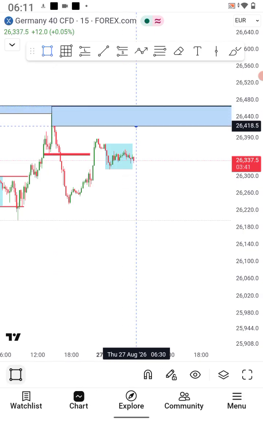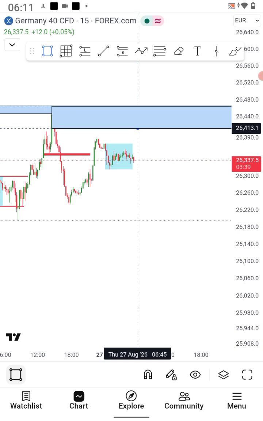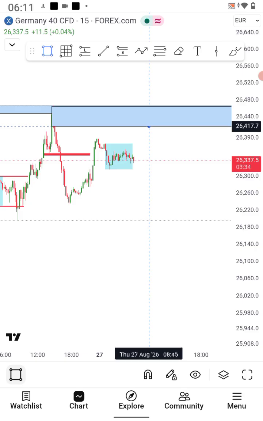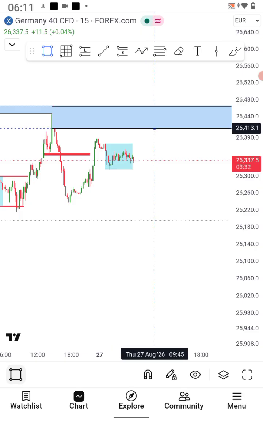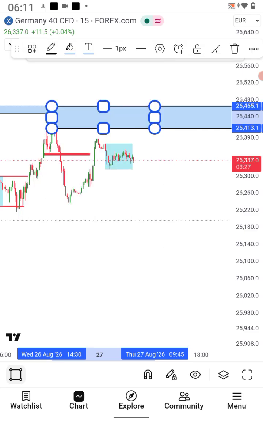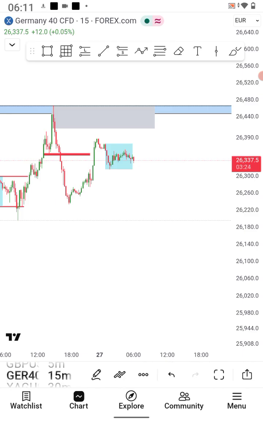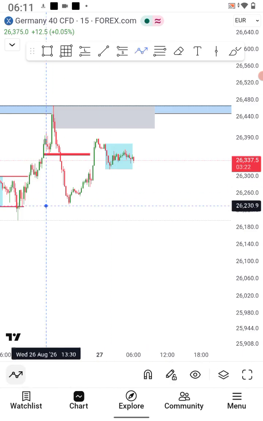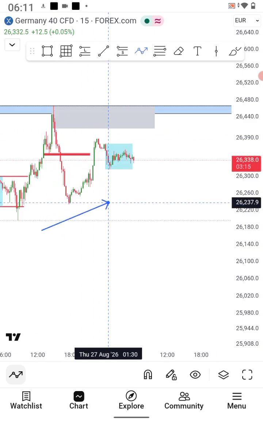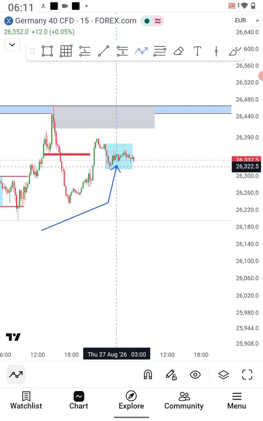Now I'm including this because I don't want a situation whereby price will just come and use this fair value gap. Let me just mark the other block first, then I'll show you what I mean. So that's the other block. Let's say unextended bar. Are you seeing it now? I don't want a situation whereby price will come and just tap into this gap, balance that gap and start dropping. So in marking my other block, what I will do is extend